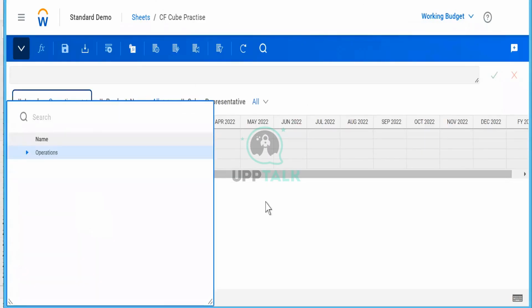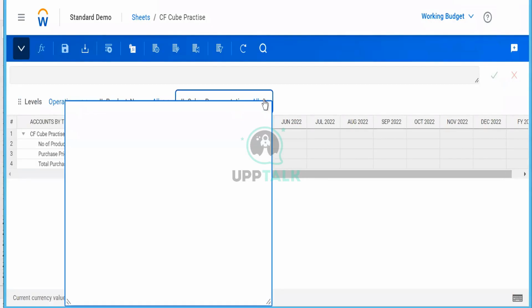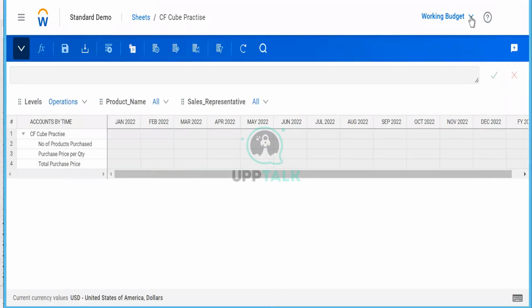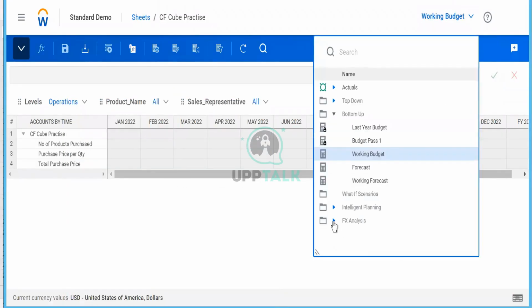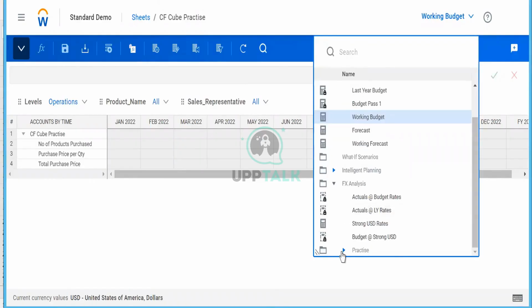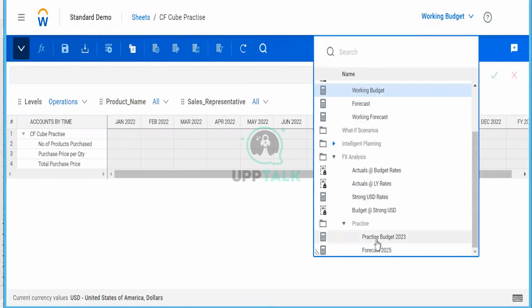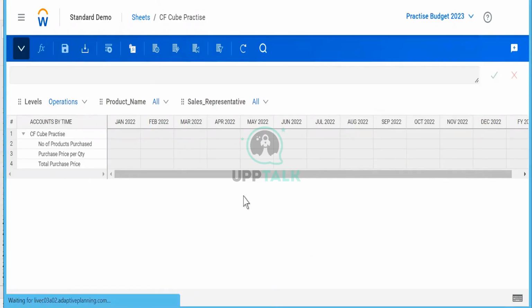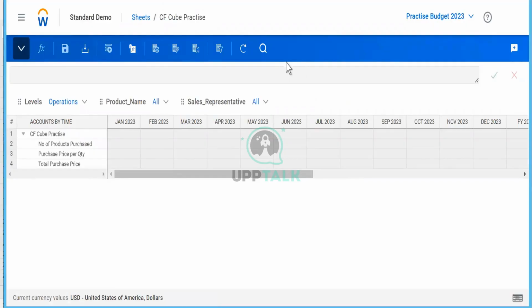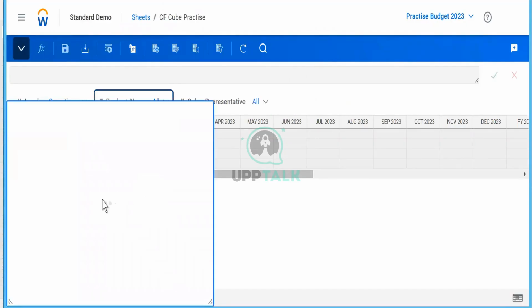But now, can you tell me how many products are sold? Yes, you can tell me. How can you tell me? You can just select the product name here and select the sales representative, correct? Let's jump to the FX thing and just check if we can enter data here. At least I doubt we can. At the moment, this is not visible.